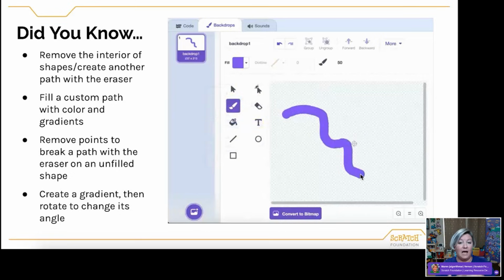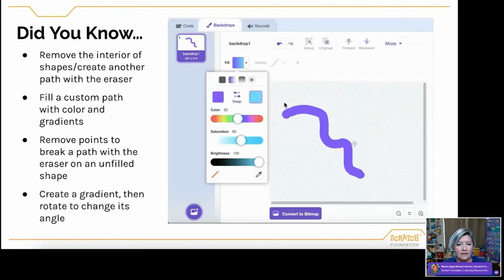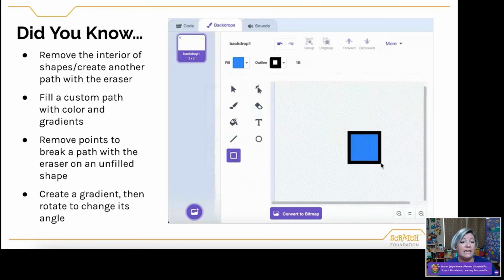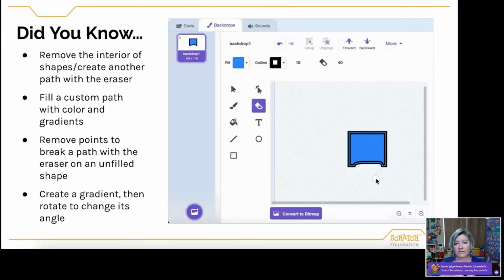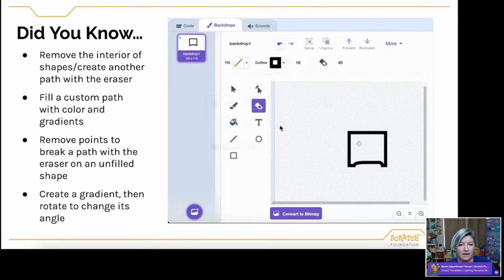Once I paint a line, I could then choose to fill it in with a gradient color. I can even do things like remove the points of a shape. So here, when it's filled and I delete part of it, it just scoops out the part that I didn't want. But if there's no fill and I delete parts of the lines, it actually removes the whole part of the line. So now I have this square that I started with, now with one open side.